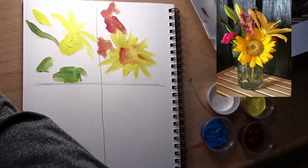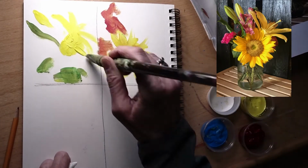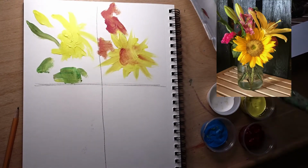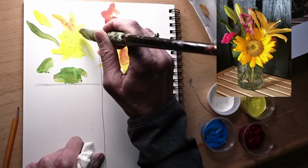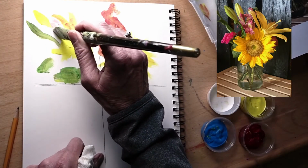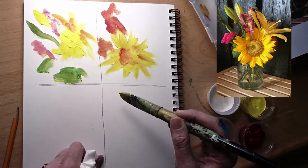And let's come back, clean my brush a little bit. I want to come back and do a little bit more with that sunflower. See, you can't even tell it's a sunflower. Don't worry about that. Just get some color in there. I'm going to add some of this negative space here, and then I've got some of that pink. I'm going to let it be a little red in here and shaping, and I'm just kind of letting it